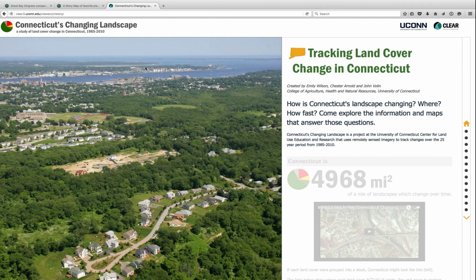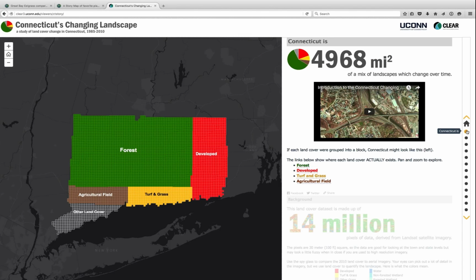common ones. And I used this as an example in the last webinar, but one of the most compelling versions of story maps that I've seen is something the folks at UConn put together for Connecticut's changing landscape, where you can imagine it's almost like you're sitting down behind a book. So for each page of that book, you have the ability to control what's shown over here and what's shown here. And as you flip through the book, it shows information here, whether it's embedded videos, tidbits about size, or